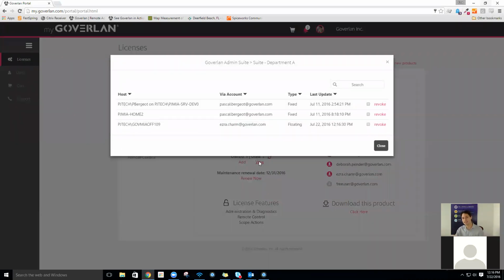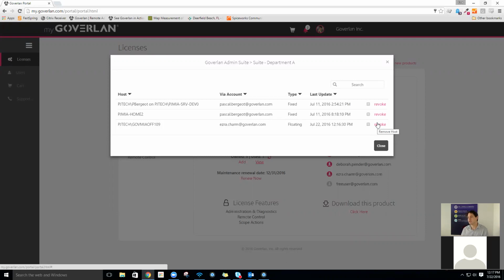Now, you may see this little revoke along the side. Revoke is not really revoke. It should say reclaim, I think, at this point, because you can't really revoke a floating license. Because the idea is that on a floating license, if the console is open, the machine's on and the console is open and there's a license available, it's always going to grab one. Now, if I click revoke, it's just going to free it up for the moment, but it's not going to